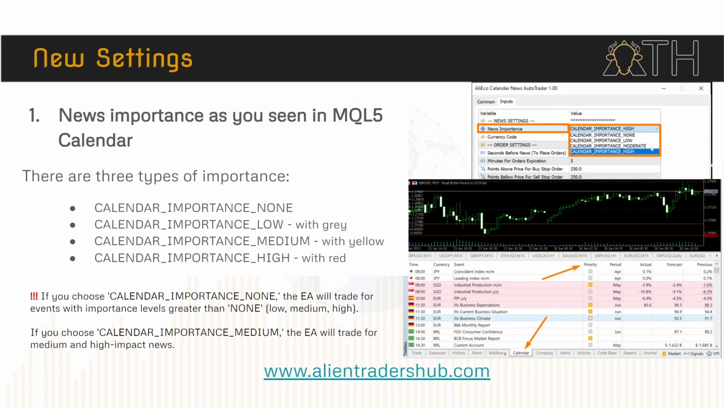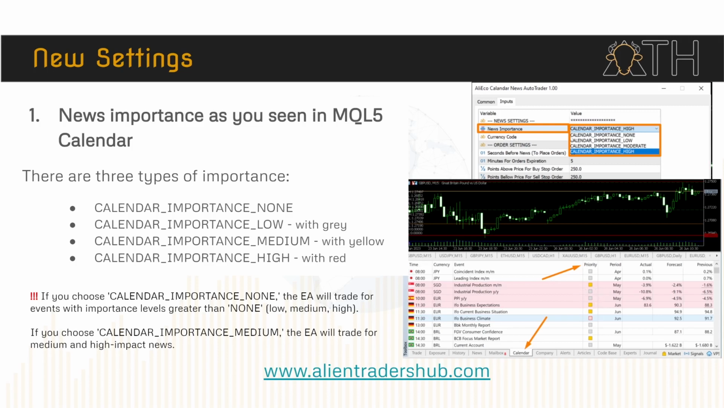If you select moderate, the expert advisor will execute all the orders with moderate and high importance. If you are selecting low, the expert advisor will place orders for all the low importance and moderate and high. So with red you have high importance news, with orange you have medium importance news, and with gray low importance